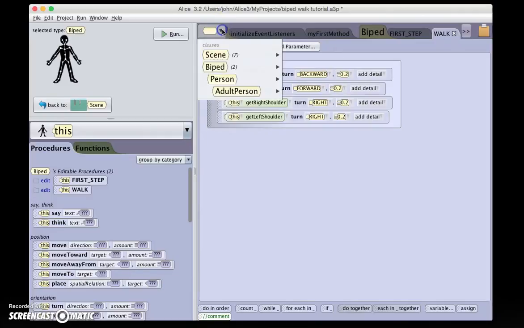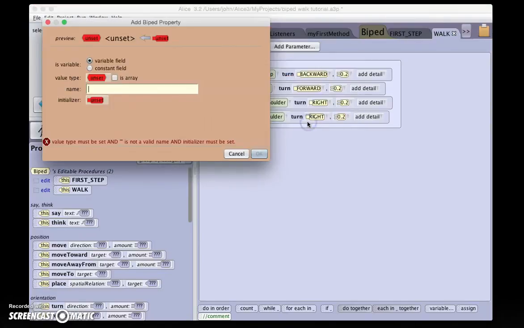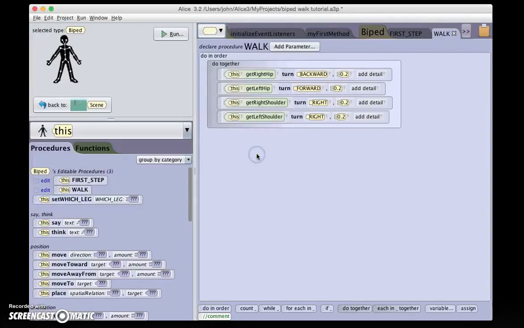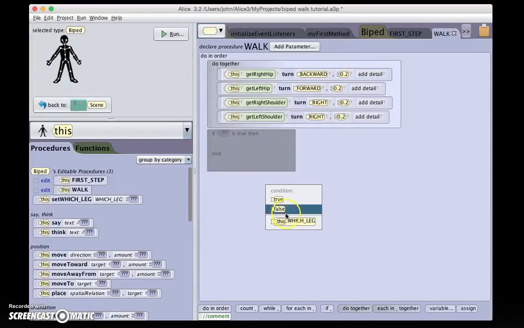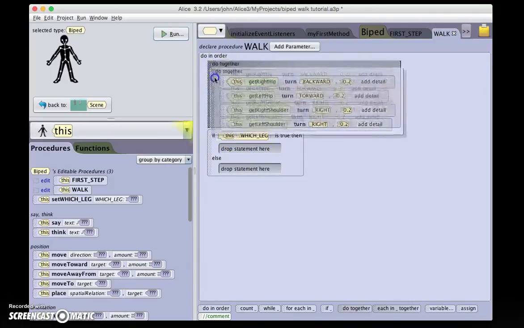So we add to Biped a biped property. And that property is which leg. Since there are 2 legs on a biped, by definition, it can be a Boolean value, either true or false, left or right, 1 or 0, and we'll initialize it with true. Then we can use an if statement in our walk procedure and say if this dot which leg is true, then